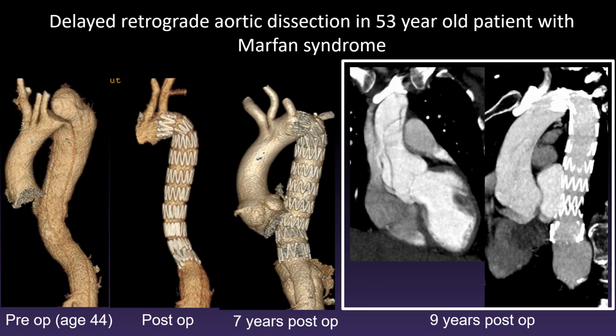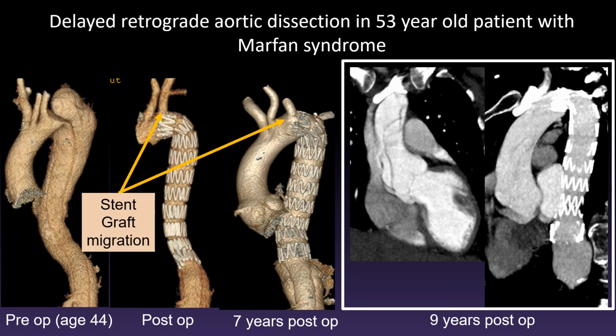Here is an example of a late complication after a thoracic endograft in a patient who had Marfan syndrome, which, as I mentioned earlier, is not the population we want to use stent grafts in. But what you can see is that at age 44, this was prior to the repair because she had an aneurysm related to the dissection, and postoperatively. And then you can see 7 years later, the device was beginning to migrate. And at 9 years, she had a tear in the aortic arch related to that device, and then it retrograded into the ascending aorta. So she had a type A aortic dissection. So this again highlights the importance of close follow-up after these operations, even when the stent grafts are put in